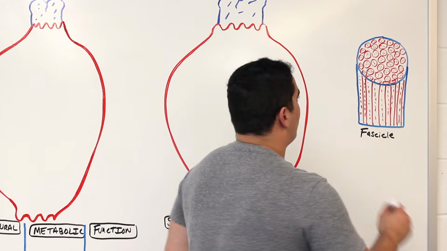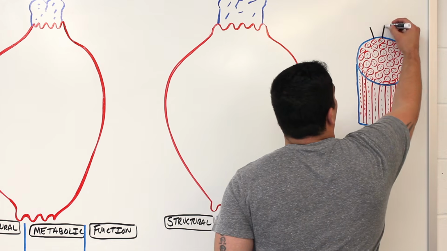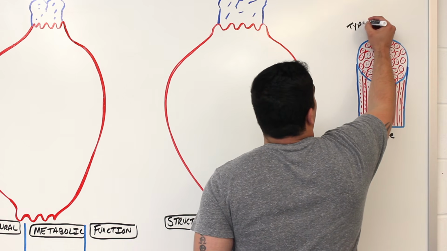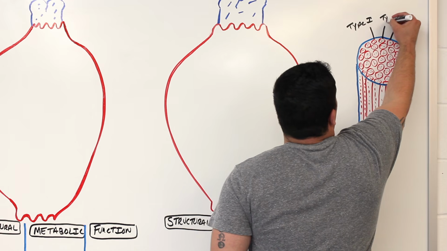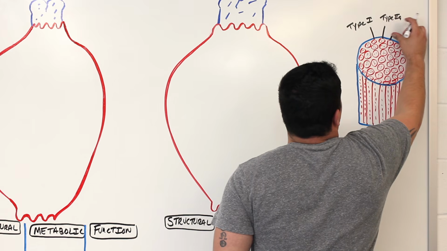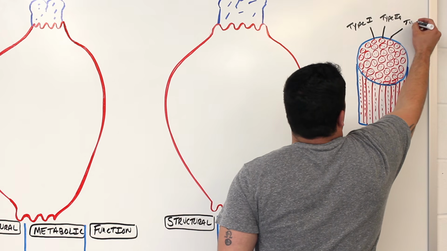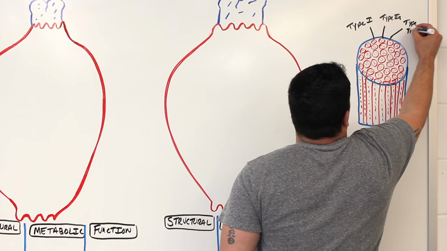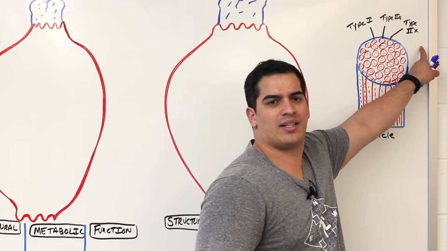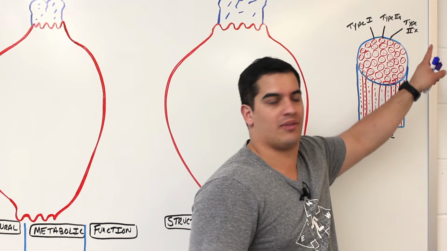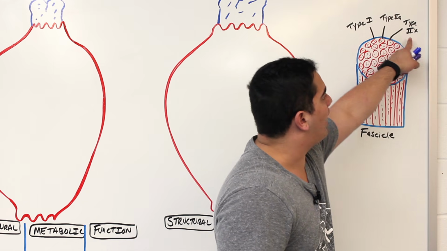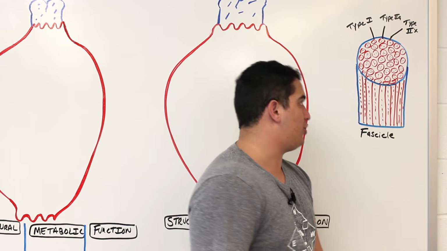They can differ. So for example, we're going to talk about three main types of muscle fibers. Type 1, Type 2A, and the last one, which will be Type 2X. Now some people will be like, oh, well, what about Type 2B? Type 2X is mainly in humans. Type 2B is in other different types of animals. So in this video, we're going to talk about Type 1, Type 2A, and Type 2X